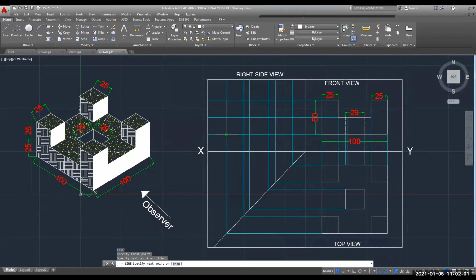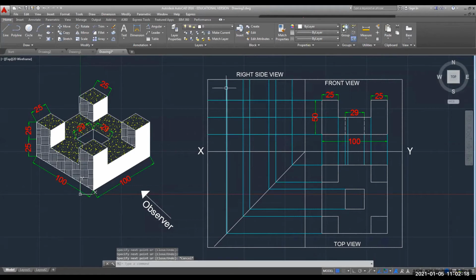From here up to here, from here up to here, then up to here, then here, again at this location, then this location, then this location.